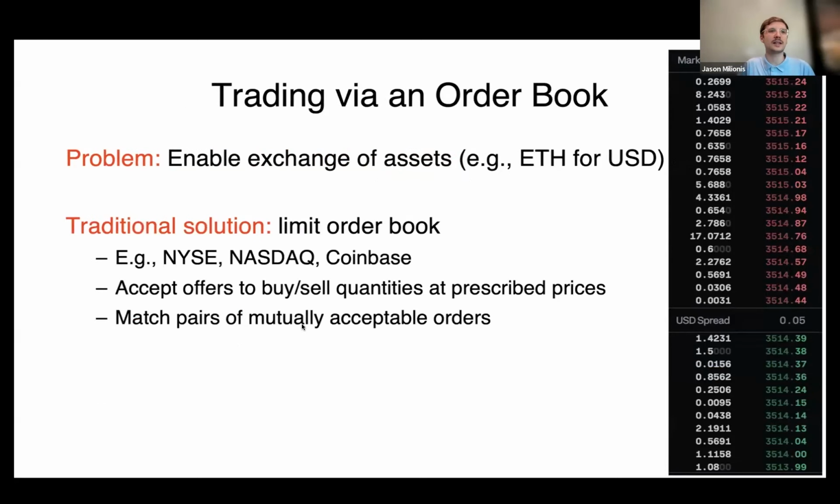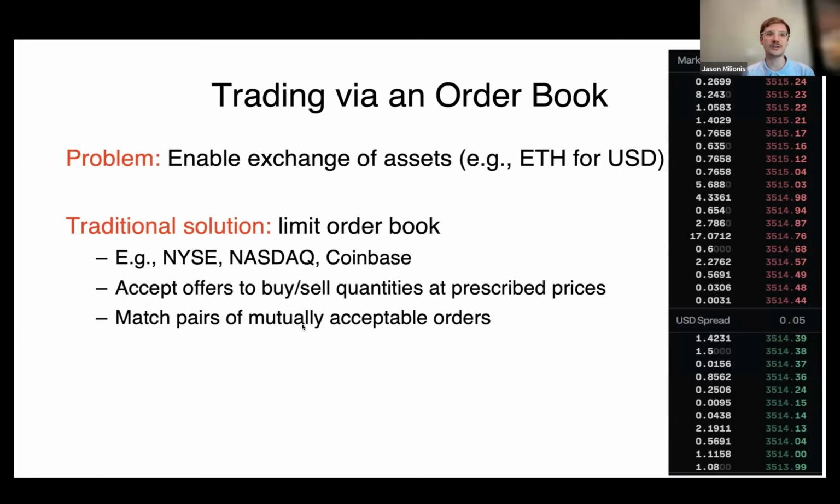So again, the problem that we'll be interested in examining here is the asset exchange problem, where you have two assets and the running example will be that of Ethereum and US dollars, and you want to exchange one for another. The traditional market mechanism that has been used for this in traditional markets is that of a limit order book. And you see one example to the right of the slide. So this is a limit order book, and it consists of quantities and prices. The red ones that you see are basically sells. So these people want to sell at these prices. And the green ones are buys. So these people want to buy at these prices.